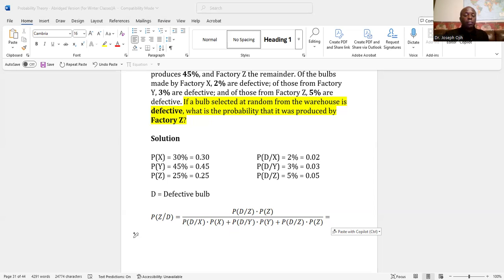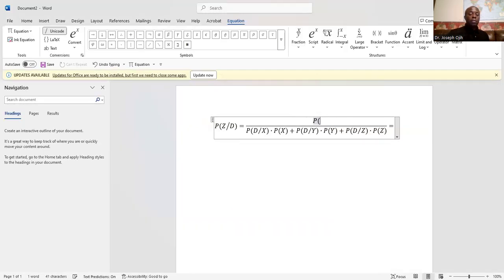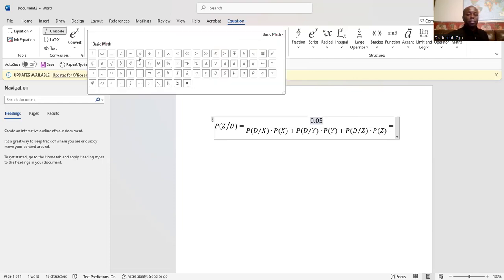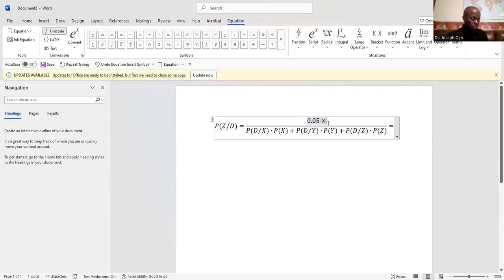Defective given Z is 0.05, times the probability of Z, which is 0.25,